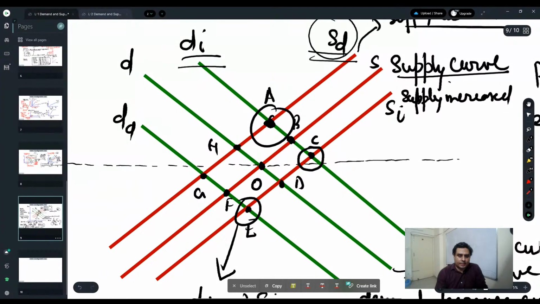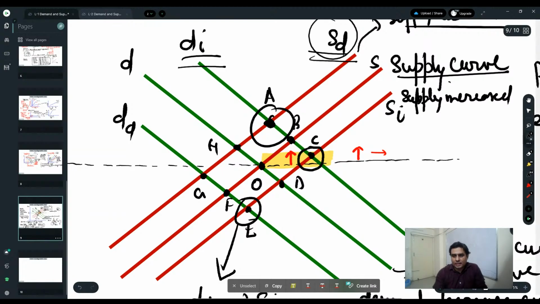at point C, price is increased, but this is a small increase in the price. So price is shifted from O to C, which is a small increase in the price, or we can say that because a price rise can be called inflation,